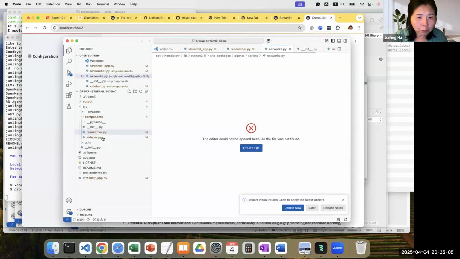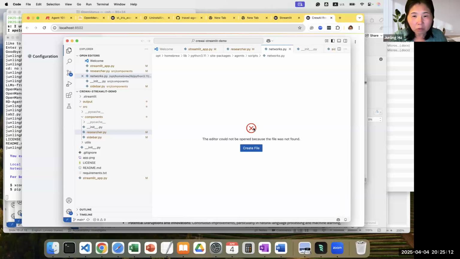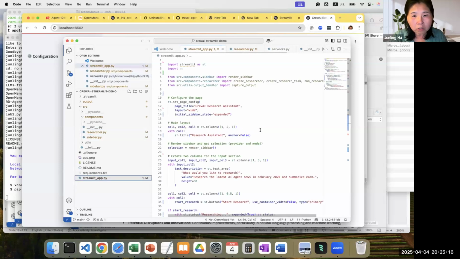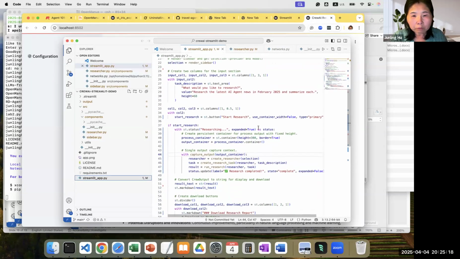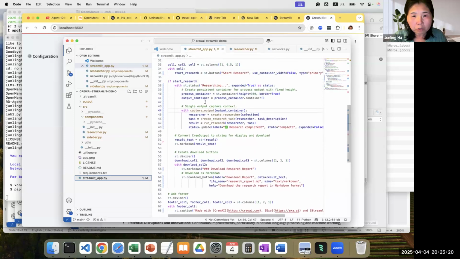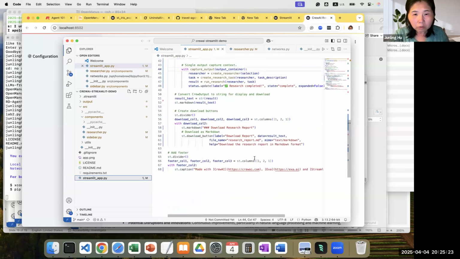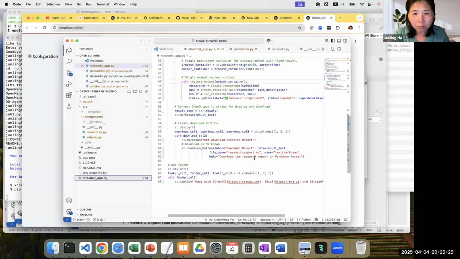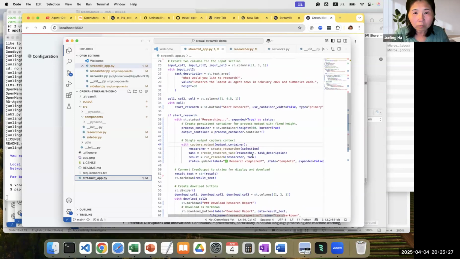Okay, in fact, I was a little disappointed. There are not many multi-agent elements here. Let me see. Here you have a research agent. Let me see where the main function is. Start research.